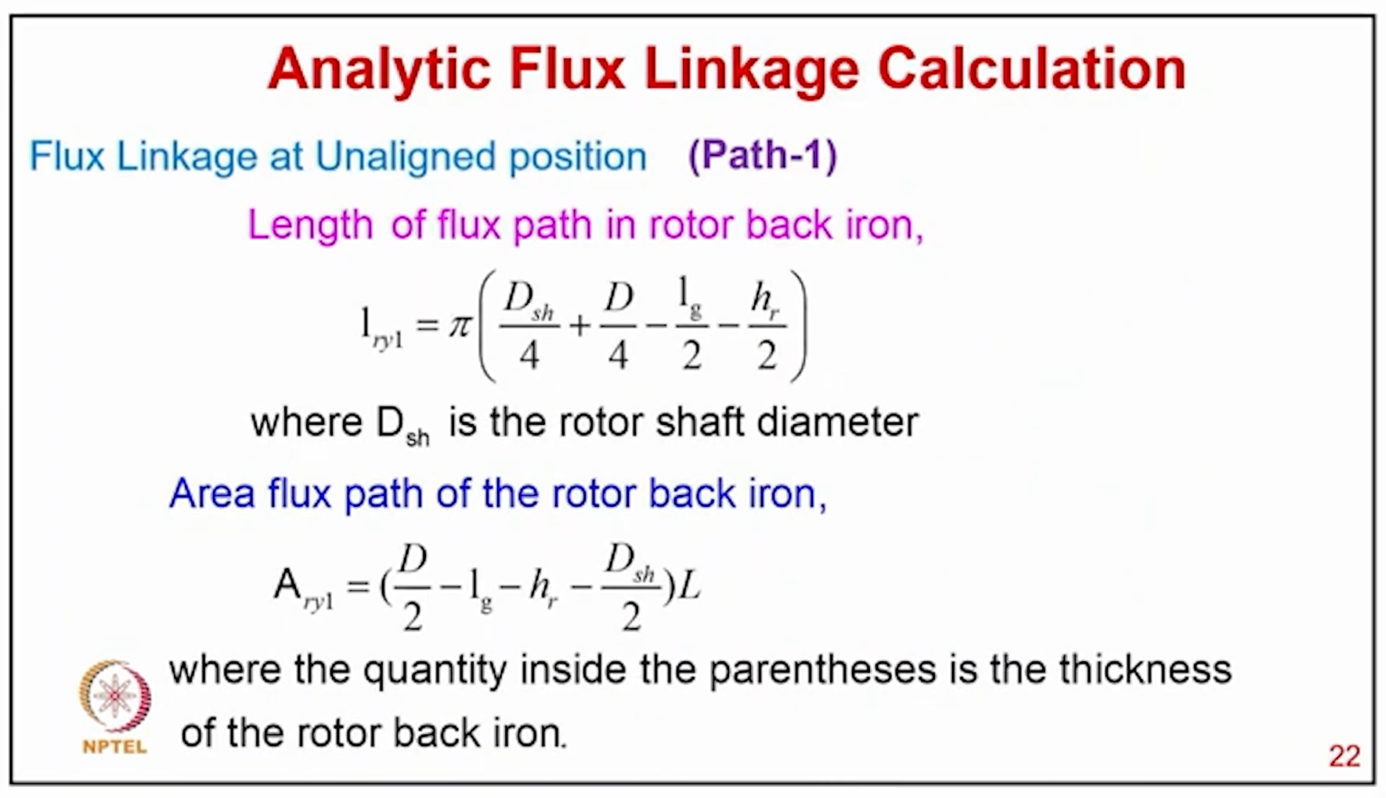Now flux linkage at aligned position, path 1. The length of the flux path in the rotor back iron is Lry equal to pi times (dsh by 4 plus d by 4 minus Lg by 2 minus Hr by 2), where dsh is the rotor shaft diameter. The area of the flux path in the rotor back iron is Ary1 equal to (d by 2 minus Lg minus Hr minus dsh by 2) into L,